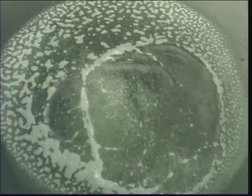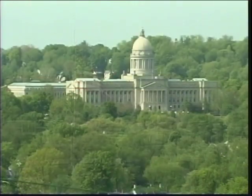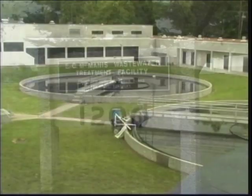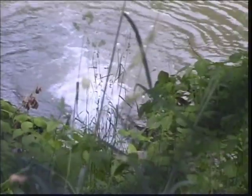In 1977, Congress adopted the Clean Water Act, and today nearly 65% of the U.S. population is served by their own community water treatment plants. Frankfort, the capital city of Kentucky, has a wastewater treatment plant that treats domestic and light industrial waste. The plant uses an aerobic oxidation ditch process. Wastewater is treated as it flows through these oxidation ditches. Treated water is disinfected by ozone before releasing an average of 6 million gallons of water per day into the